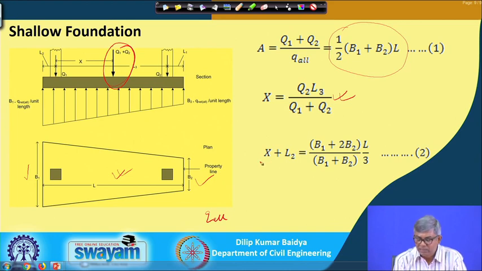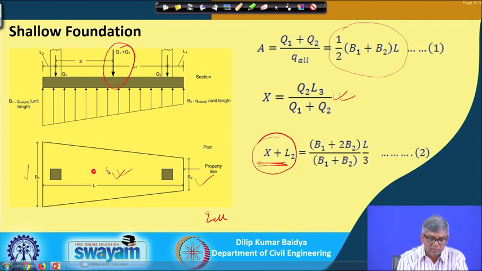So, that means x plus L/2 from the left side is the point of application of the load. This is the distance, x plus L/2, at which the CG is acting. And now, if I know this trapezoidal area, I can also find out the CG